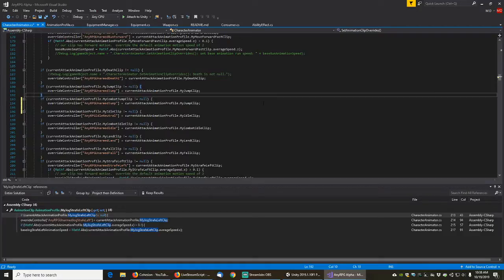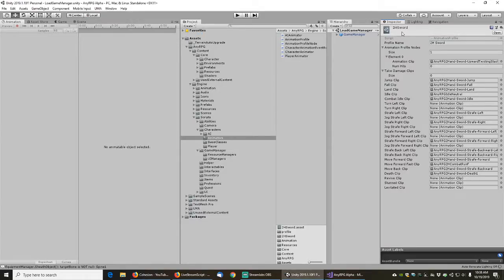And basically we'll need to do that for pretty much everything. And in our override controller, this is the name of the animation. So we'll just be sure, going into our animation controller,